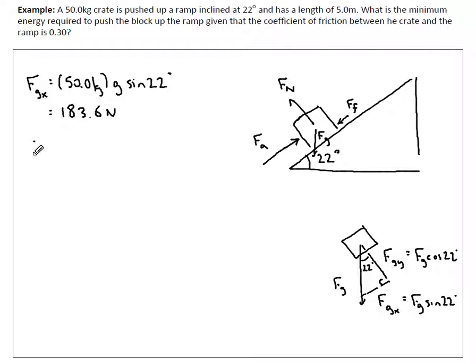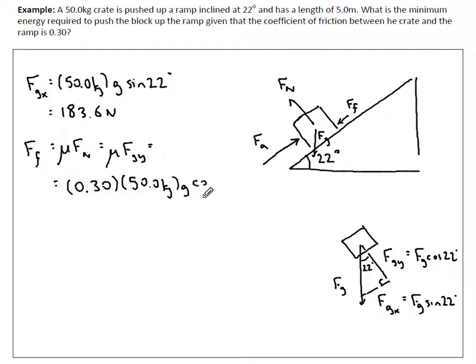Force of friction is equal to the coefficient of friction multiplied by the normal force. But our normal force is equal to Fgy. So that's equal to the coefficient, which is 0.3, times our force of gravity, 50.0 kilograms multiplied by gravity times cos 22 degrees. So we end up with a value of